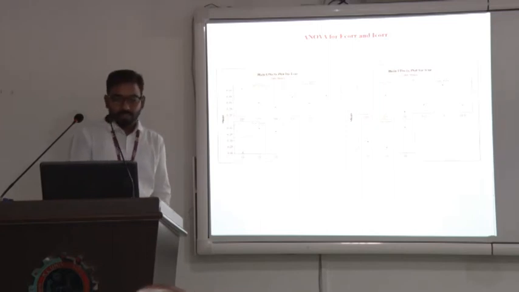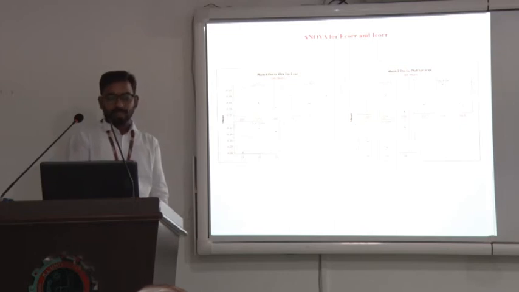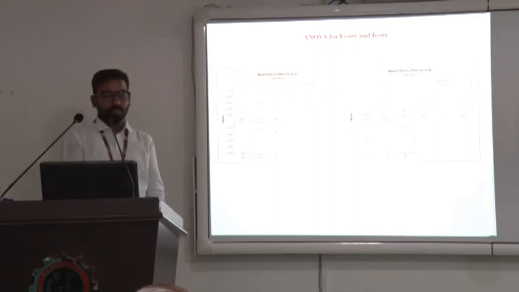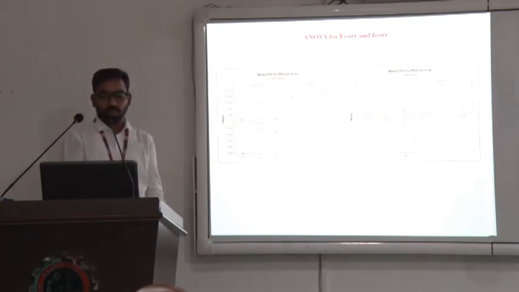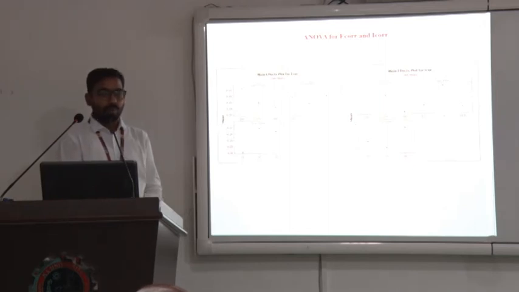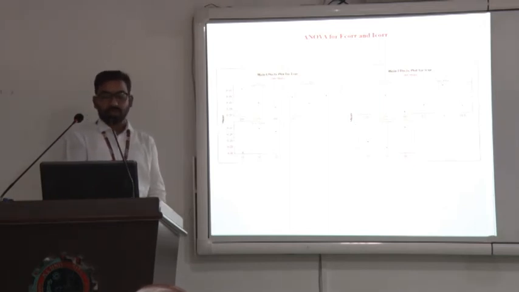Here we can observe that low laser power is most influencing, and feed rate is for both 5 and 10. Scan speed of 50 mm per second is most influencing for ECAR. The ECAR value should be higher and the ICAR value should be minimum. For ICAR values, 200 watts laser power, a medium feed rate of 7.5 grams per minute, and a high scan speed of 20 mm per second are influencing.